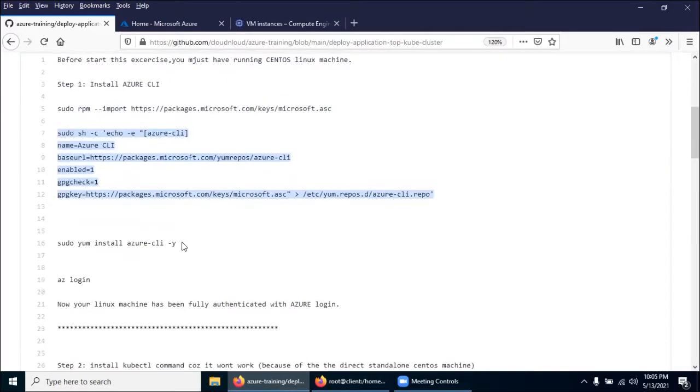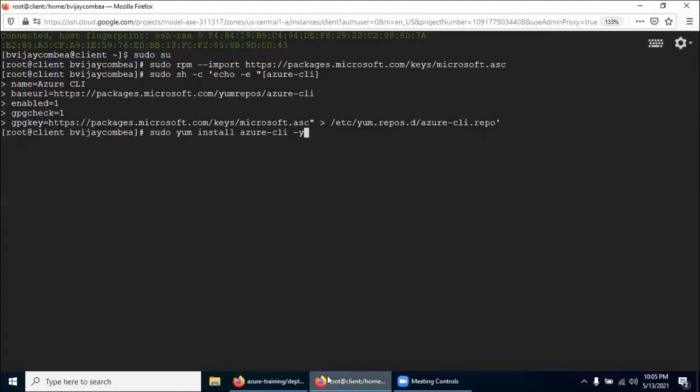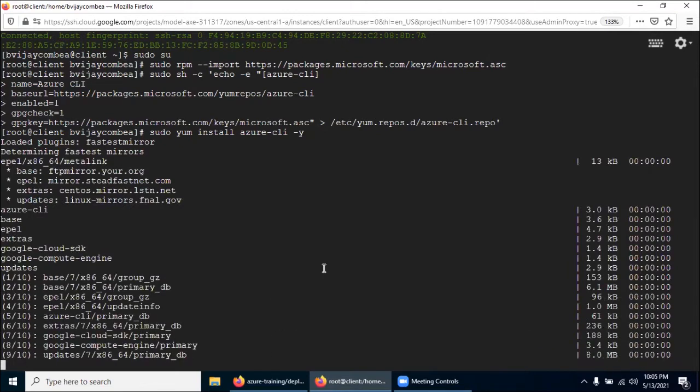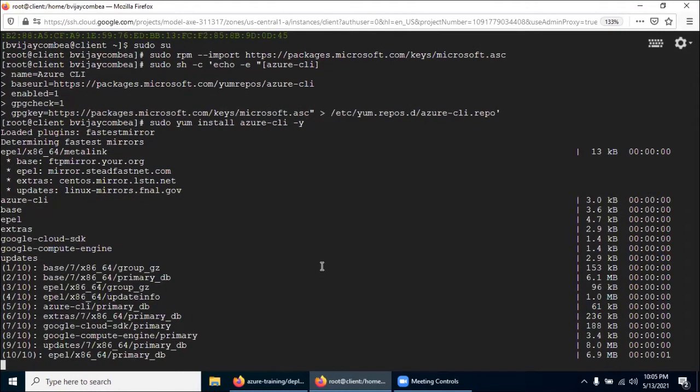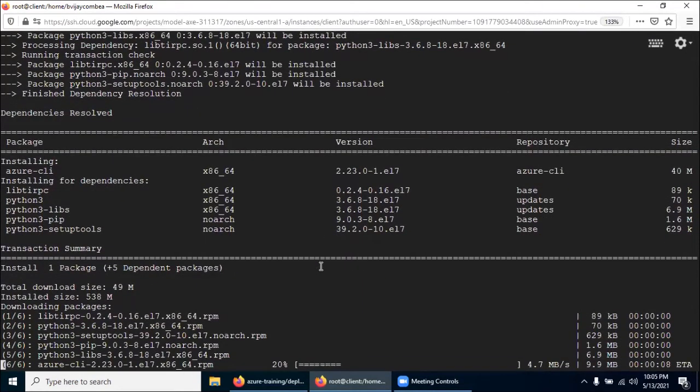Then come down to Azure CLI and enter it. Let's install it. Once Azure CLI is installed, we will authenticate it with my Azure account.